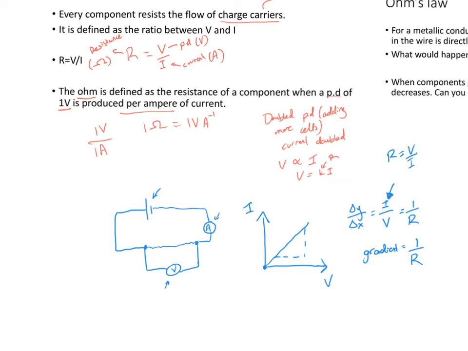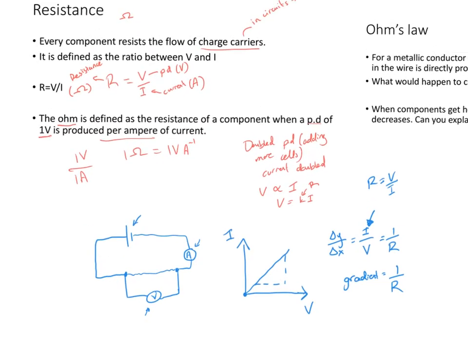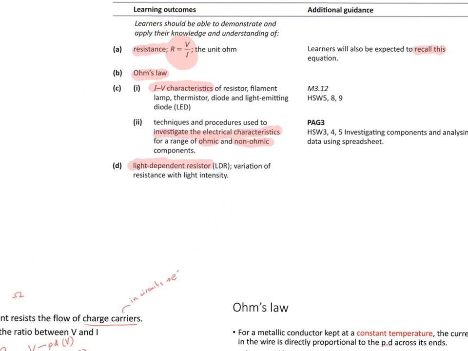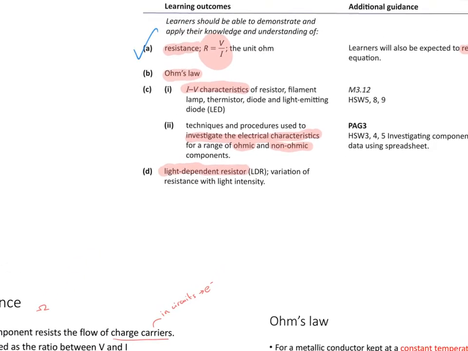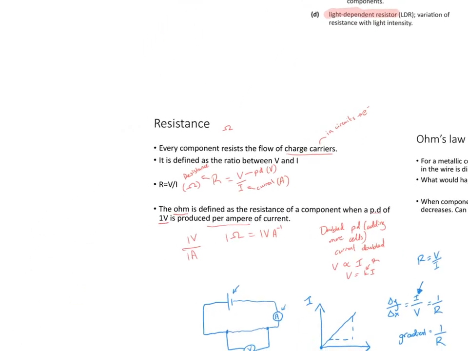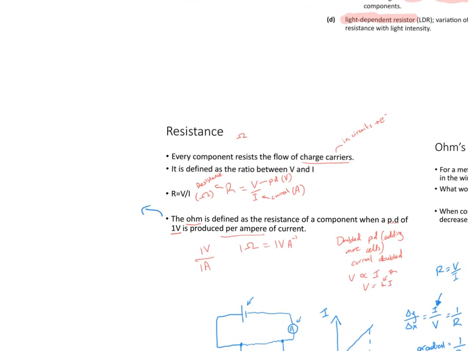So we're going to have a look now at Ohm's Law. We discussed how resistance can be calculated and how the unit ohm works. Just a quick note about the unit ohm. If I say the device has 500 ohms resistance, that will mean that for